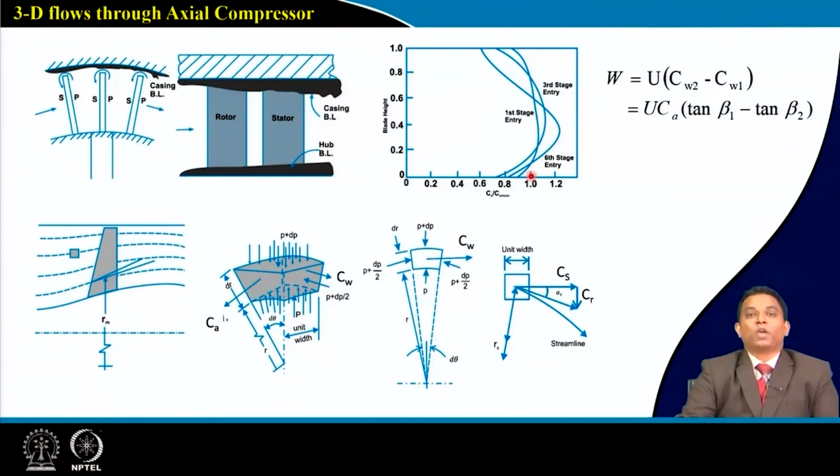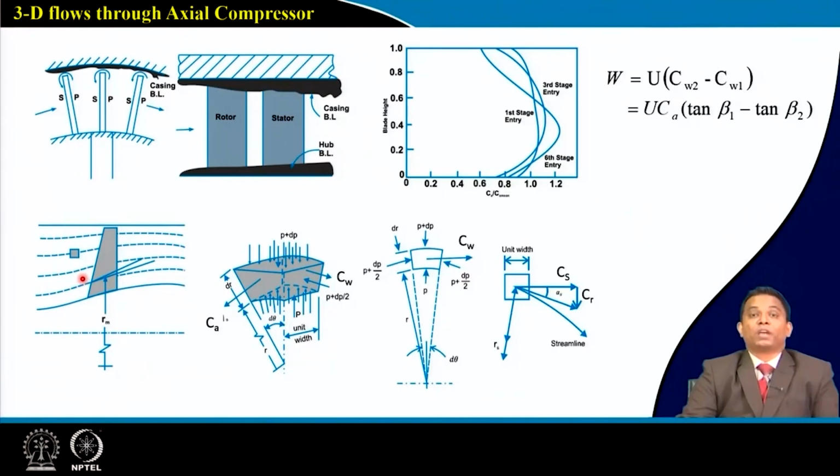For our case, we have given one plot, that's what was discussed by Cohen and Rogers. That's what we say: with increase of number of stages, our work done factor is going to reduce. Now when we move further, we know we have our axial flow compressor that may be working under adverse pressure gradient. It may be possible that at the exit we will have pressure to be high,